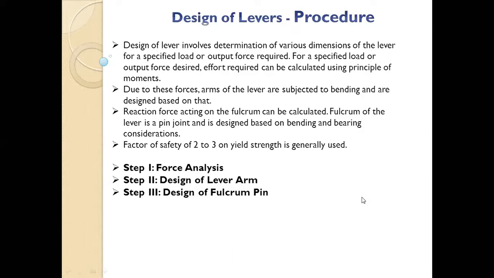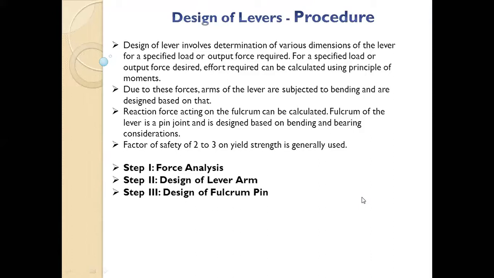Now the fulcrum pin will fail because of shear or because of crushing. If d is the diameter and L is the length, then d into L will be the area resisting the crushing. You take that for the design of the pin, and then use that to verify whether it will fail in shear. The shear area will be pi by 4 d square, if the fulcrum pin diameter is d, and it will be double shear, so multiplied by 2. This is how you will do the design of the fulcrum pin.